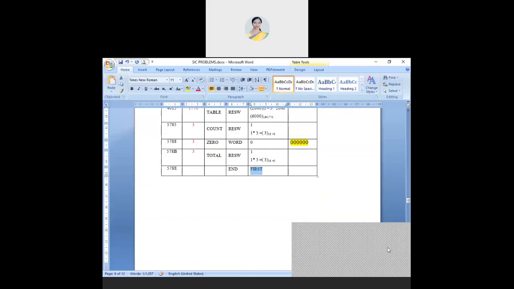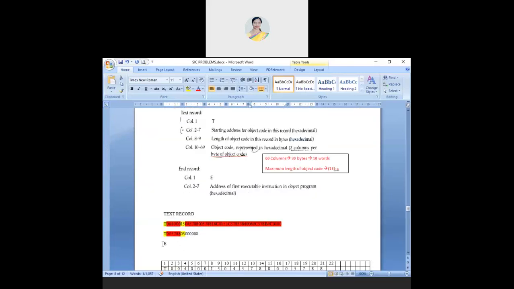So E, and the address is 00 then 4000. This is optional. If they have written it, then you have to write it; otherwise you have to define it as whatever is the first location counter value.